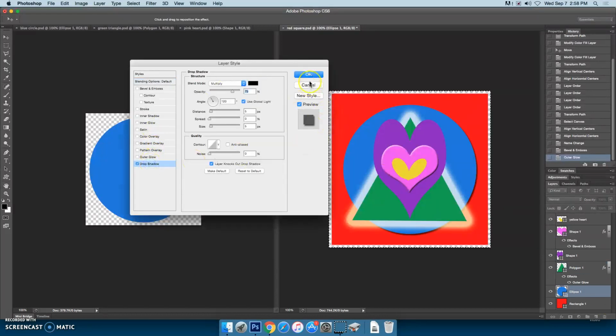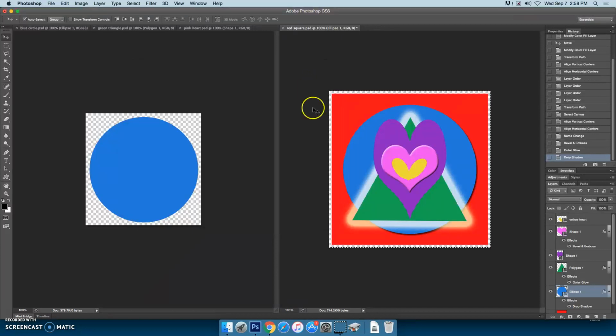Drop shadow. Okay, so lots of tools here in the layers panel. You've got to be able to move them around. You've got to learn how to resize just that layer and how to be able to select just a piece